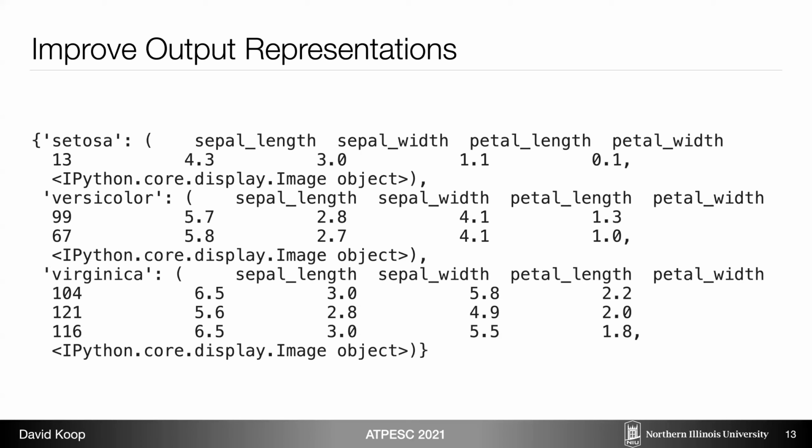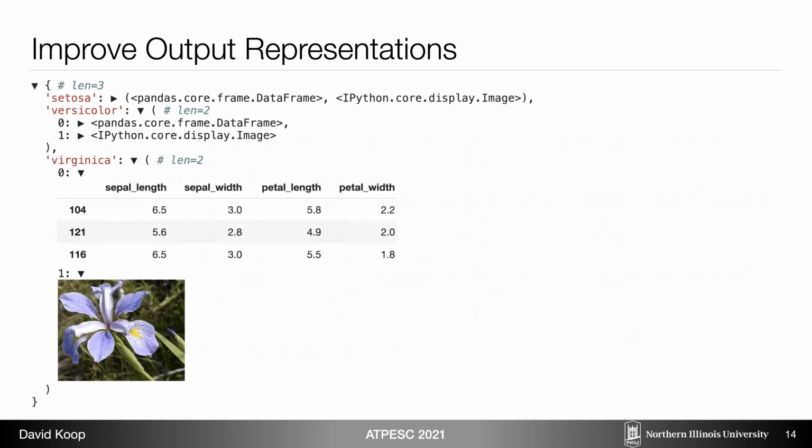To illustrate this, if you've done any work in notebooks with Python, sometimes when you generate more complex data structures, you end up with outputs that aren't as pretty as you'd like. You have images, but they're displayed as text, and you have tables, but they're misaligned because they're embedded in dictionaries and things like that. So one of the things I've worked on a little bit is trying to improve those displays so that output can be analyzed a little bit easier than trying to go back and do things with code. You can dig down into the data instead.